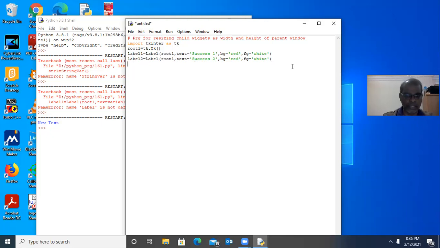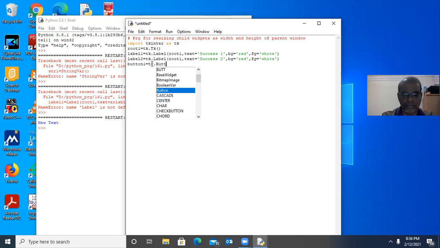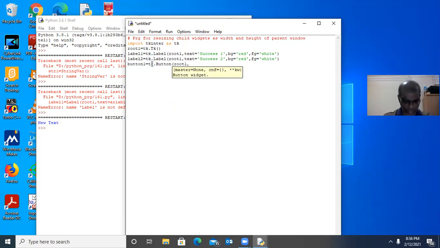Okay. Now I would like to create one more button. So here I have to put tk. Here also tk. Button 1, tk dot Button, root 1, comma, text equal to success 1.